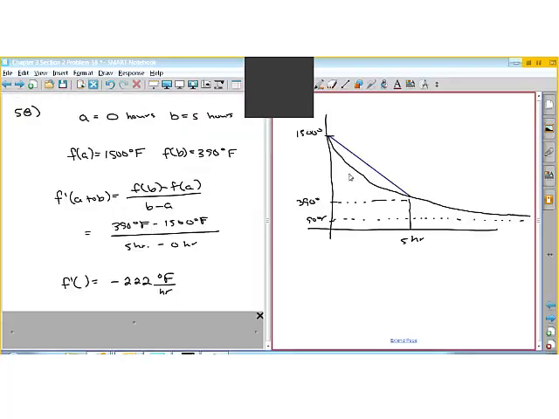If we look at this curve, this is what the curve actually looks like if you look at the physics of the situation. It starts at 1500. After 5 hours, it's 390. And as time goes to infinity, it's going to approach the room temperature, which is 90 degrees Fahrenheit. For our particular case, we have these 2 points, 5 hours, 390, 0 hours, 1500. You draw a line between the two. The slope of this line is some value, which is -222 degrees Fahrenheit. And if you clone that, it says that there is some point, in this case right there, where the